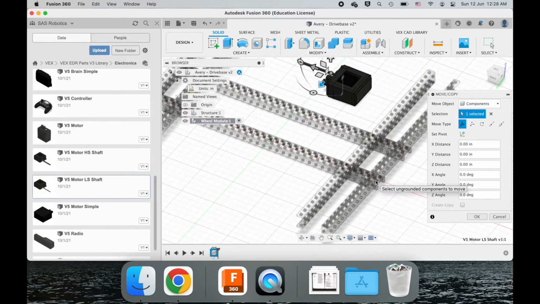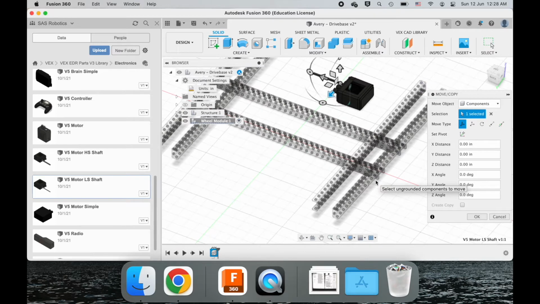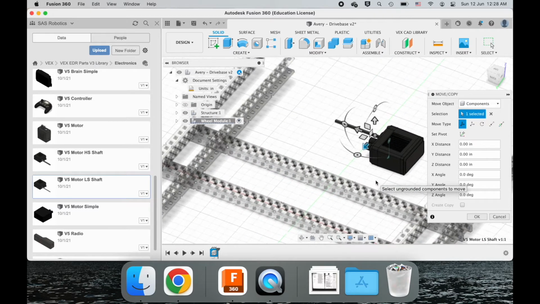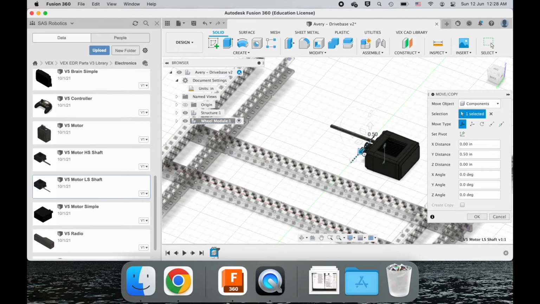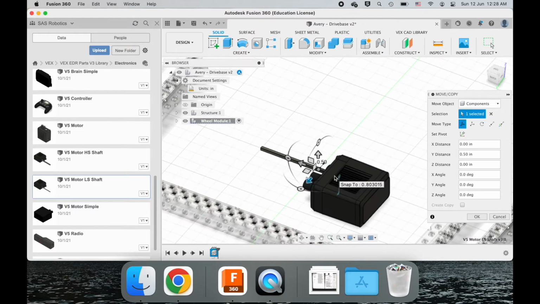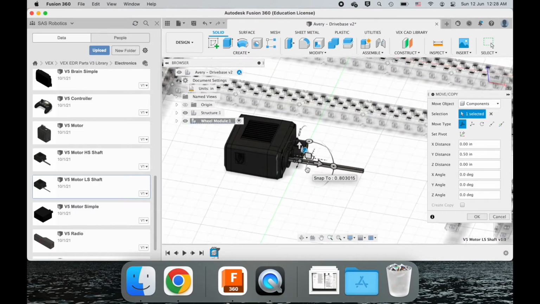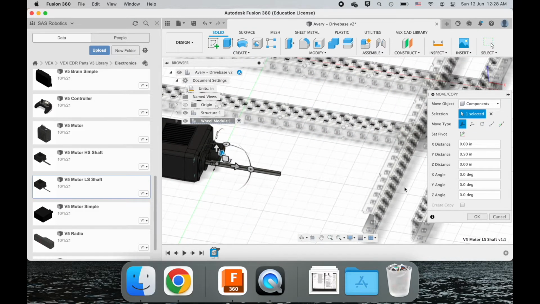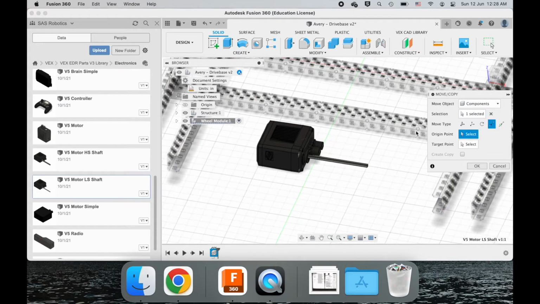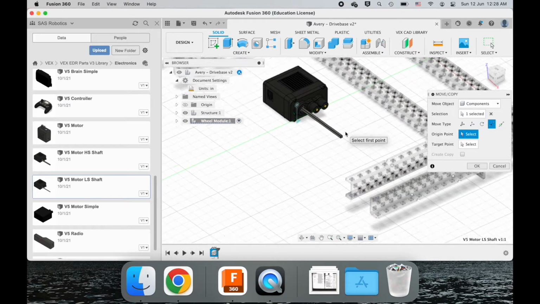the C channel, right? But if it's in the same orientation, a piece, and you simply need to translate it, then you can use free move to move it in increments because all these holes are spaced 0.5 inches apart in a grid, right? But in this case, we don't know what this exact distance is from the motor to the C channel, so I'm going to use point to point. Okay, and